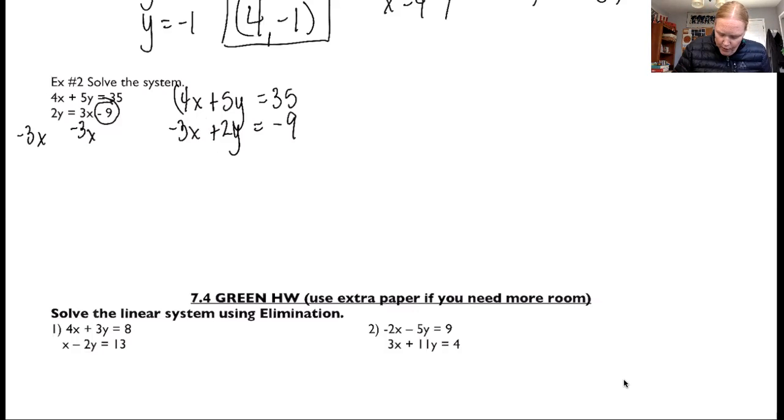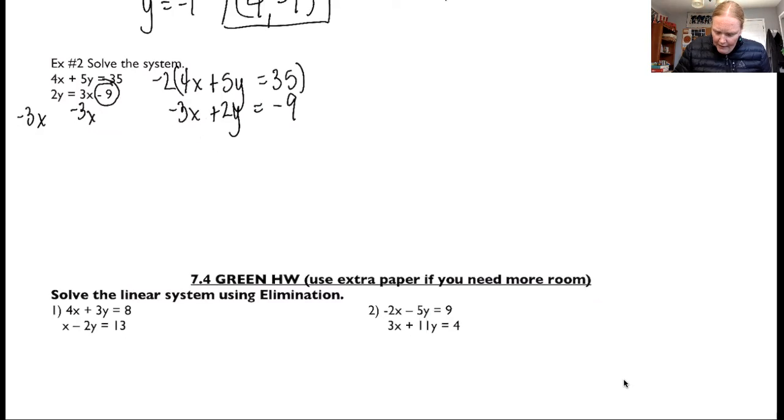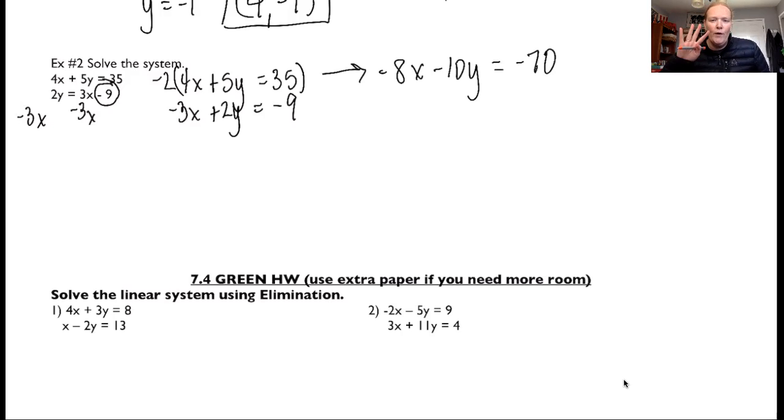I'm going to multiply this first equation by negative 2. And I like to draw a little arrow to show what it becomes, just to keep track of my work. So I get negative 8x minus 10y equals negative 70. I could have just as easily multiplied the second equation by negative 5. There's 4 ways to do this problem. Okay, so I'm going to multiply the second equation by 5. 5 times negative 3x is negative 15x. 5 times 2 is 10y. And 5 times negative 9 is negative 45. Okay, I have opposites,